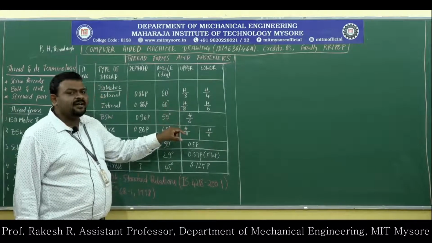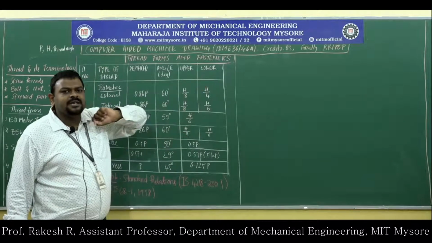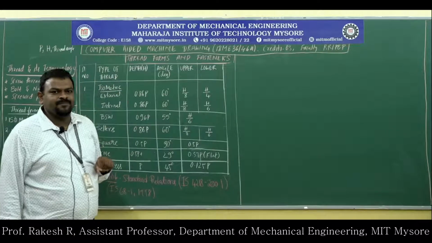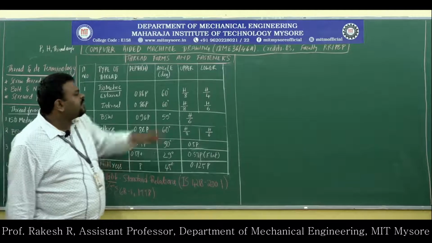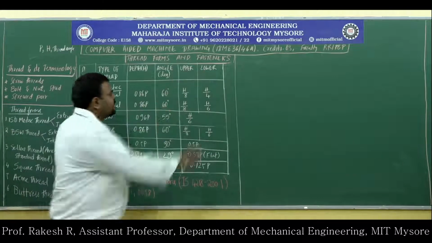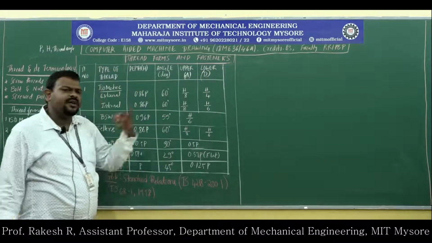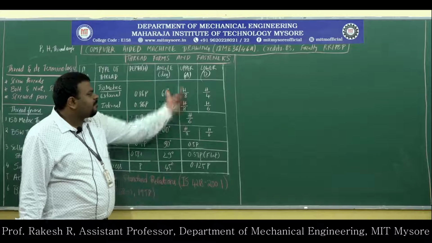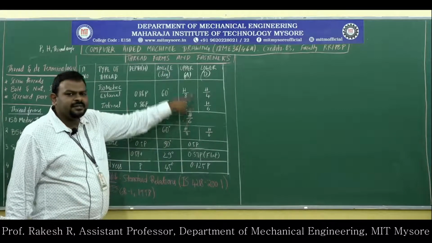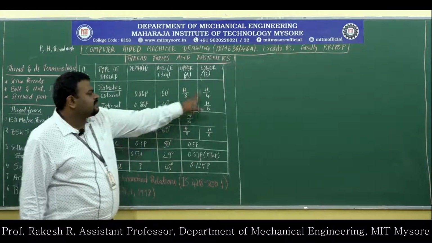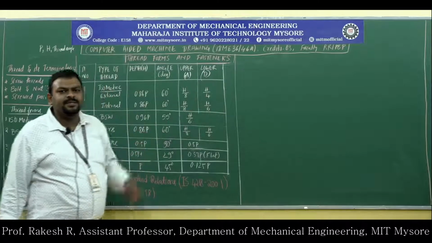If they ask for an external thread, the upper side, that means the top portion, we will call the addendum, and the lower side we will call the dedendum. For ease of understanding, we have written upper and lower. This is addendum, this is dedendum. It is very easy to remember. So h by 8 upper is the same in both cases, whereas the lower differs: h by 4 and h by 6. The internal thread will have h by 6.